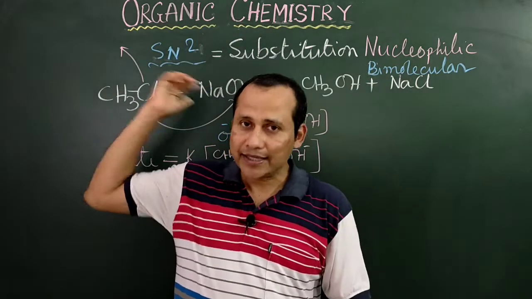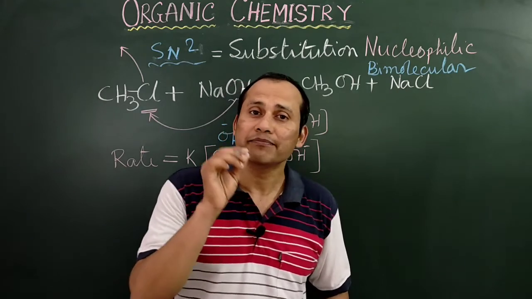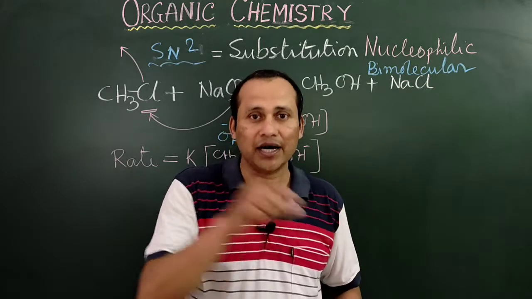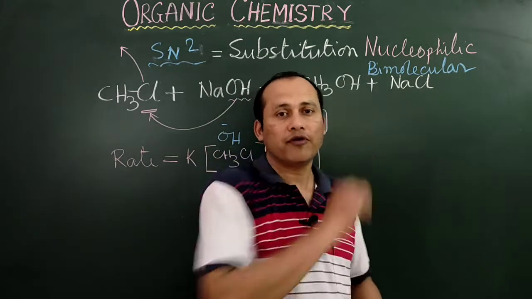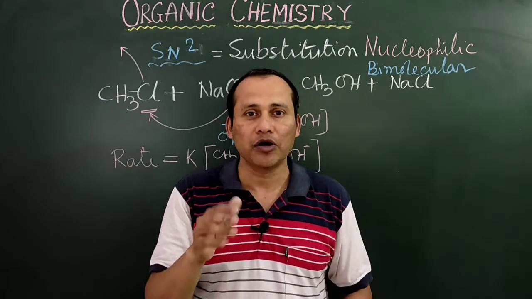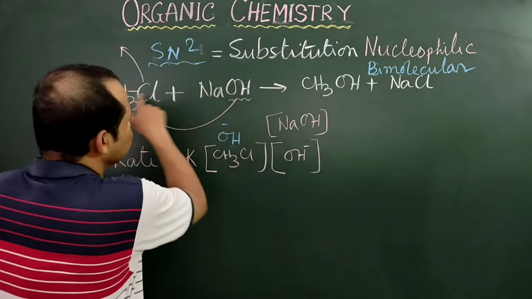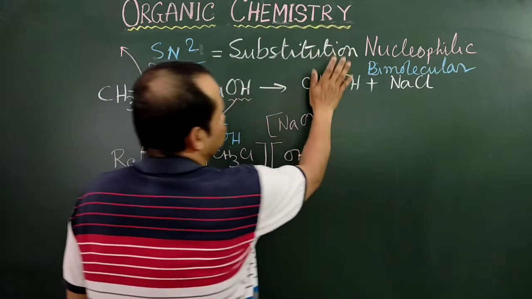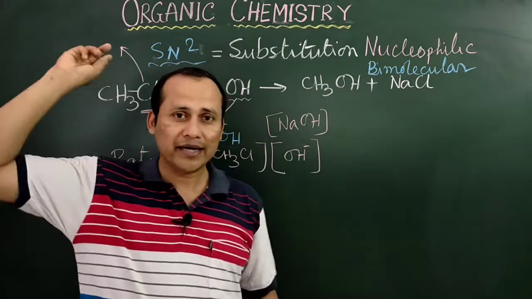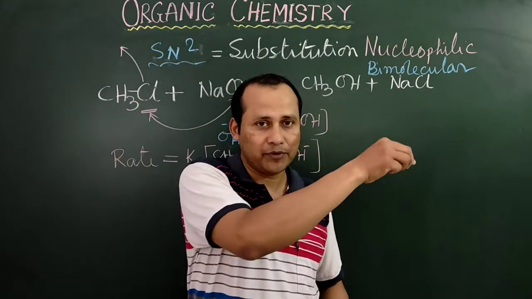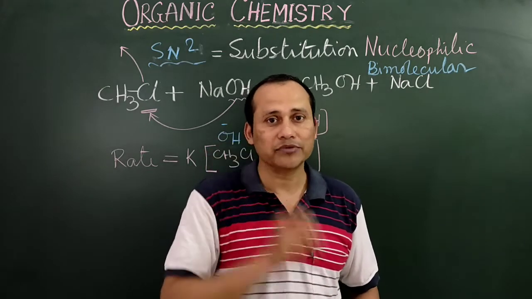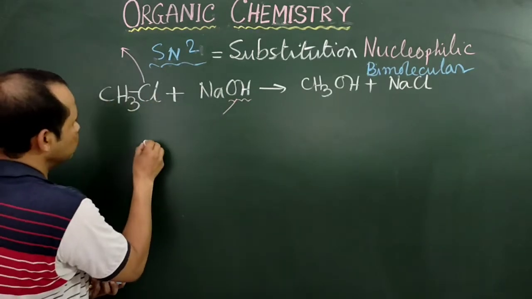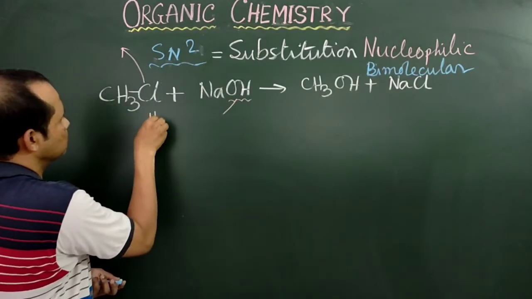Now let us write down the mechanism of the reaction. What does mechanism mean? Mechanism means how the reaction actually takes place, how the reaction proceeds to form the products, and this process is called mechanism. Here we have just written the reaction, where the substrate, the reagent and the products are written, but it is not clear how the reaction proceeds. Let me write down the mechanism. Now this one may be written as this: